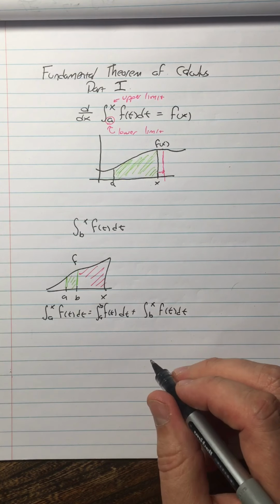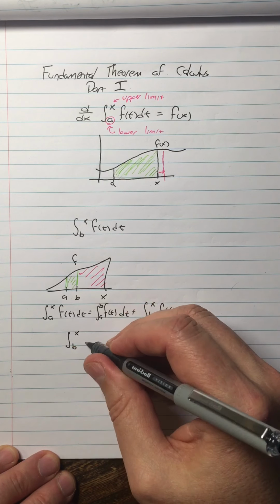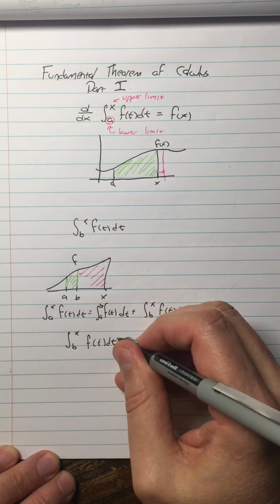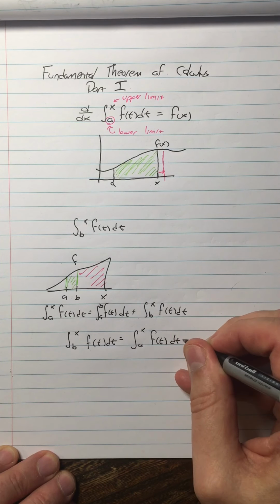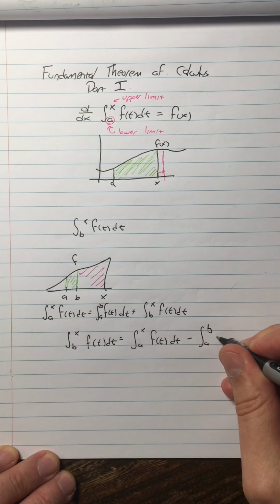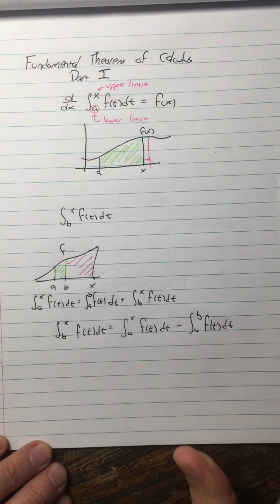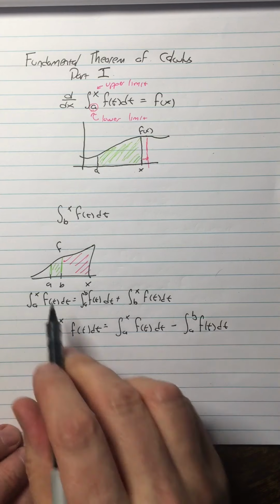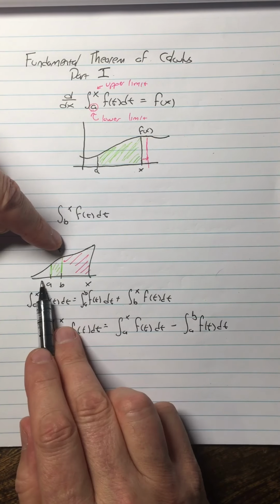All right, and then I can just rearrange those a little bit and get that the integral from b to x of f of t dt is equal to the integral from a to x of f of t dt minus the integral from a to b of f of t dt. All right, so another way to say that is that this integral a to b is the only difference between the integral from b to x and the integral from a to x,